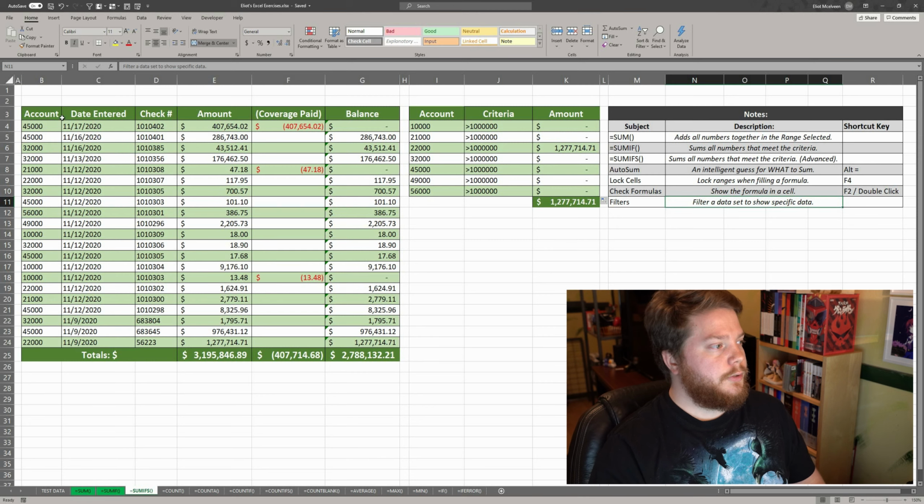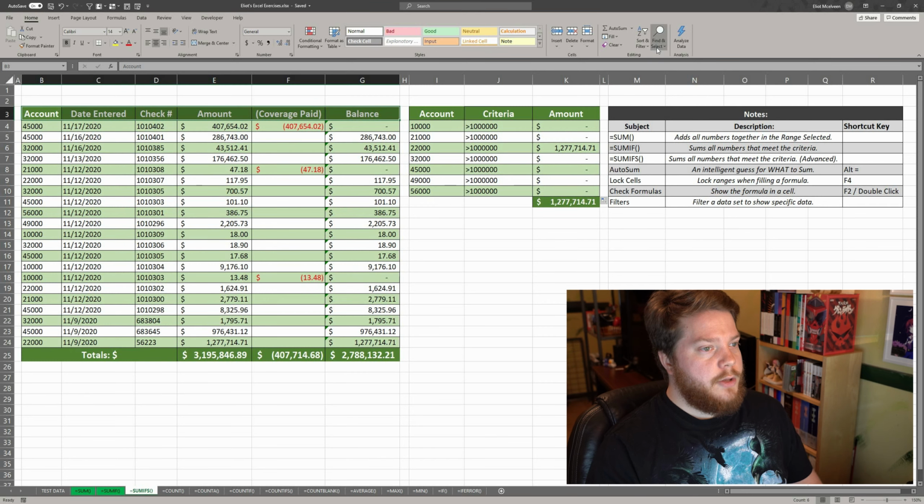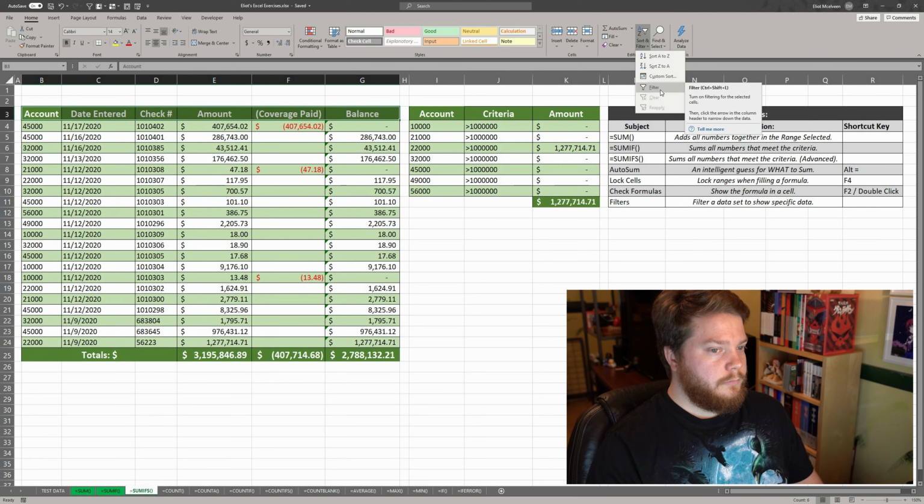This is how you get to the filters. Select the headers of your data range or whichever one you want to filter. Go to home, and up in the right you have sort and filter. Click that, and you have the funnel with the filter icon. Go ahead and click that, and now you see these little gray boxes on each of your headers, right? So let's go into account,